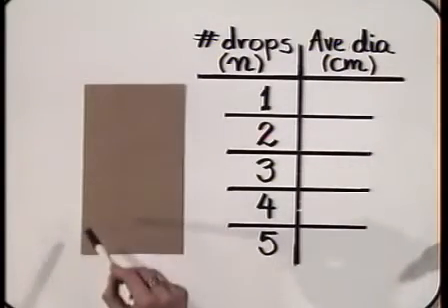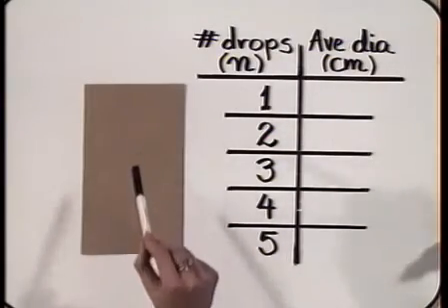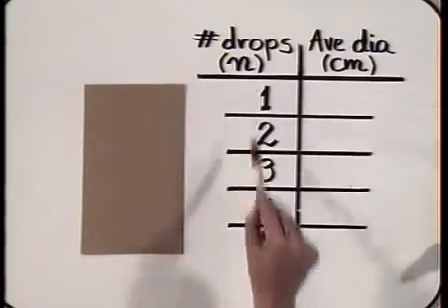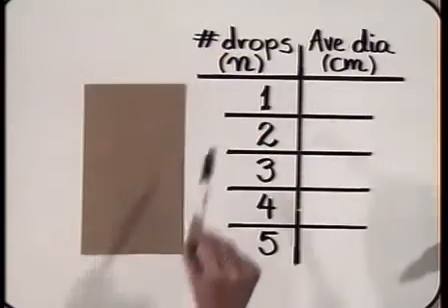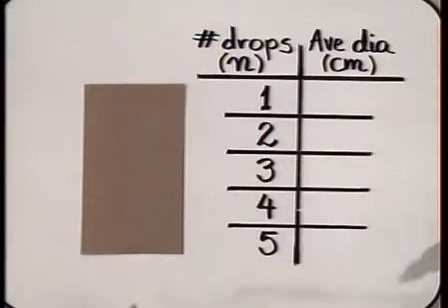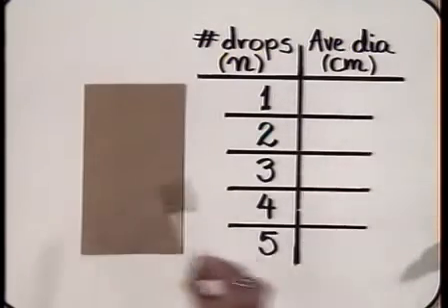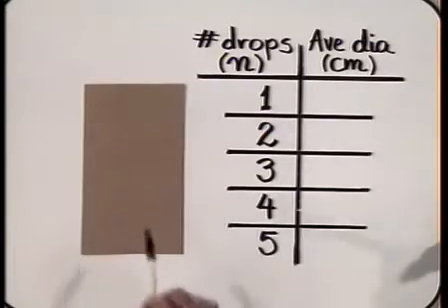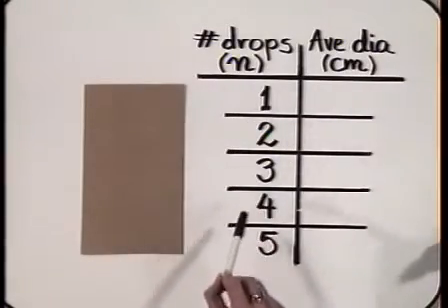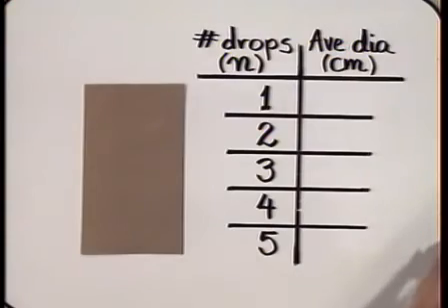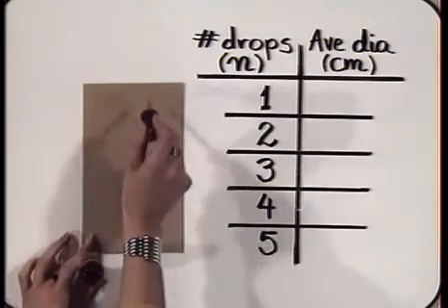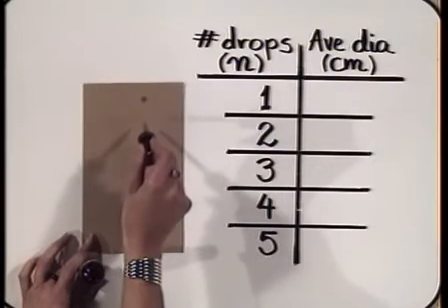This is the paper towel upon which I will drop the liquid. Here we have the input-output table. The input is the number of drops. It is a whole number, n for the natural numbers. Over here, we will put down the data that we will collect, which will represent the average diameter of the blot formed by this many drops. So here is the liquid, here is my dropper, and now we have